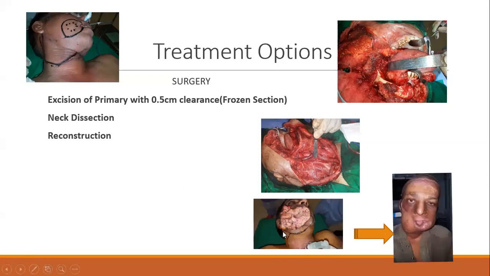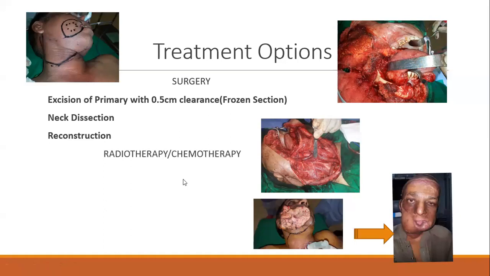All right. This is a patient you can see. This is my patient. Look at this tumor. But fortunately, it was not going posteriorly. It was all anterior. But look at the size. This is a very small picture, and look at this side. I did a very major surgery, and the plastic surgeon put a flap. Although cosmetically this is not ideal, I'm sure you can appreciate that this is better than this. This is pre-op. This is post-op after a few months. So you can see we see these types of patients, and a lot of people gasp when they see this patient.